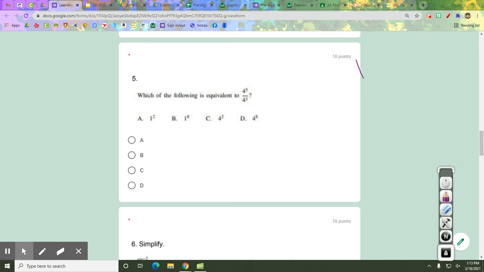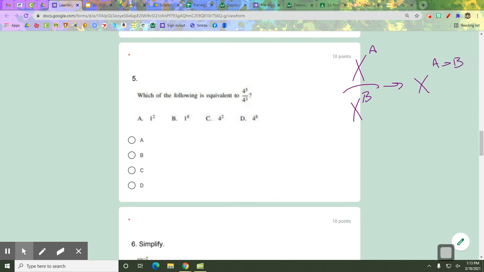Just like if I had x to the a over x to the b, I would always do x to the a minus b if you're unsure. Because when you do that, if you get a negative exponent, you can flip it. If you're not confident with this, I would do it like this. But if you are confident, let's say if I had 6 to the 3rd over 6 to the 9th, well,